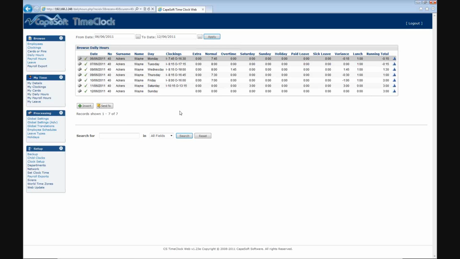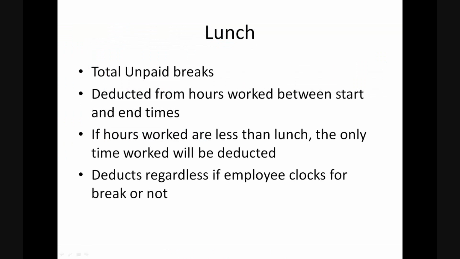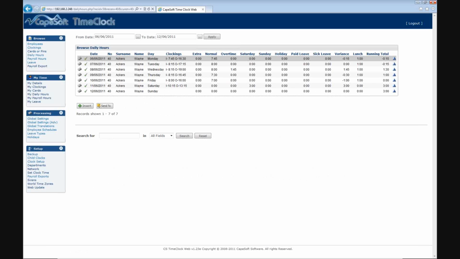This employee schedule has the Saturday and the Sunday time set up with a start time of 0 and an end time of 23:59. And as you can see, all the hours are allocated to the Saturday column. If any deductions have to be made from the employee's total time worked, you can enter the total under the lunch column. So if we just go back to our employee schedules,